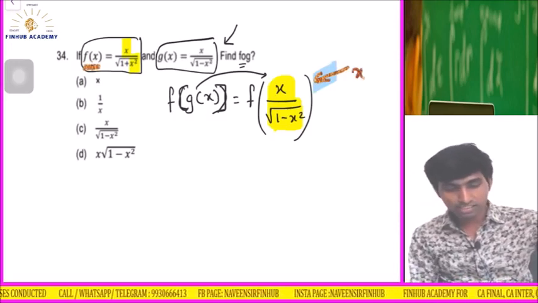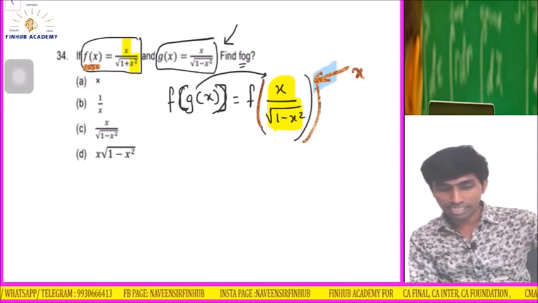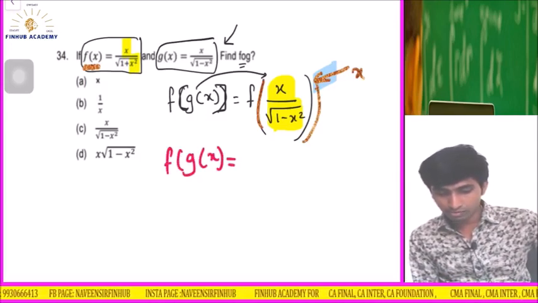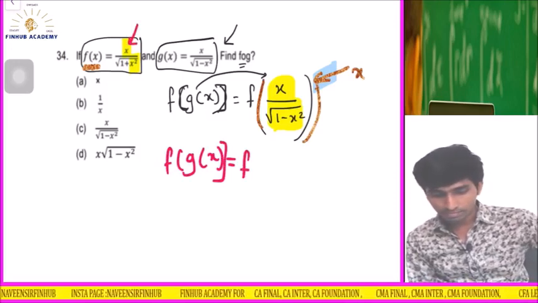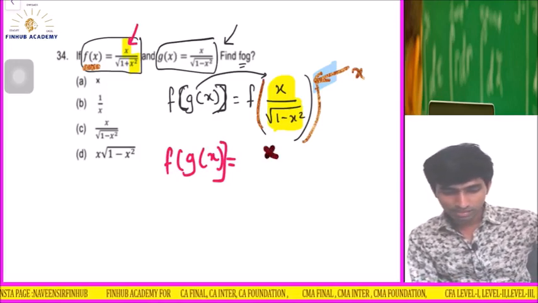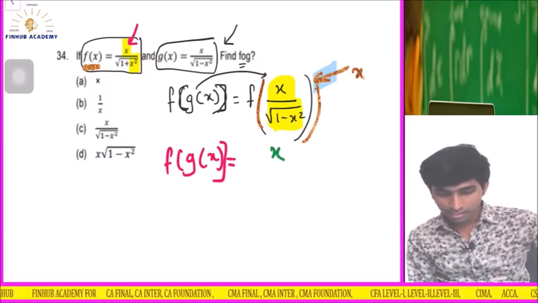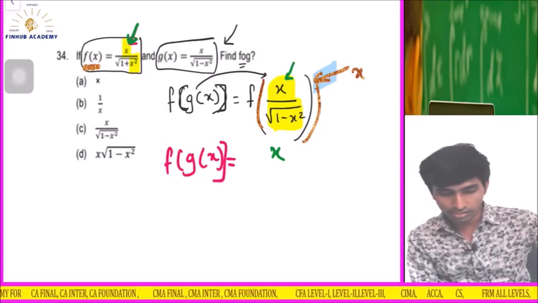So f of x, so I have to substitute this whole bracket as x. Okay, f of g of x is equal to, how I will get that, f of x, see here x is there, so I will write x. Okay, the instead of this x I am substituting all this,